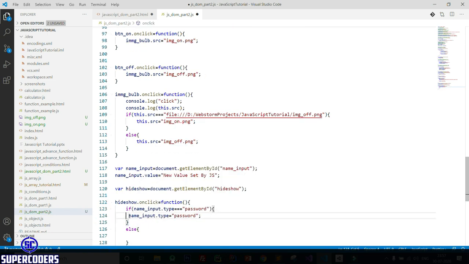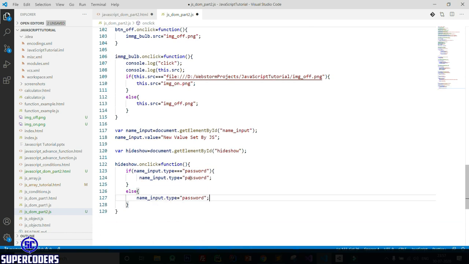So copy this. So if it is password, change it to text, and if it is text, change it to password.